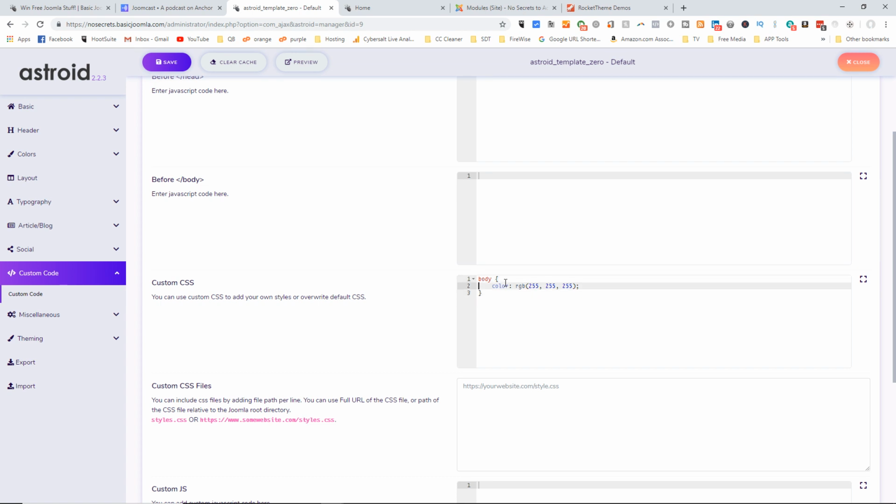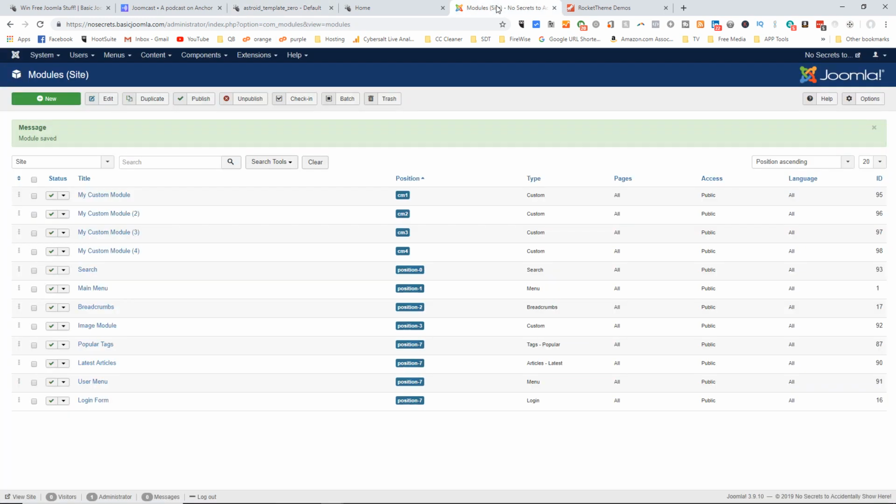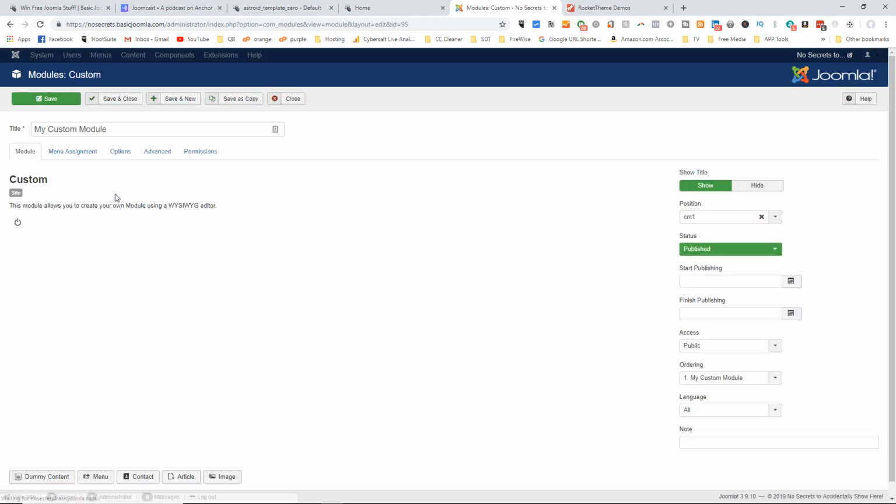Now we'll do the same thing here, only let's call this, all right, Vinny's been helping out here. So we're going to name this Vinny. He had some CSS stuff there. So let's call this Vinny. And that is to make the font in there white. All right. So we'll clear that cache. Now what we need to do is go into custom module, which one? Oh, custom module 1. And we will assign it